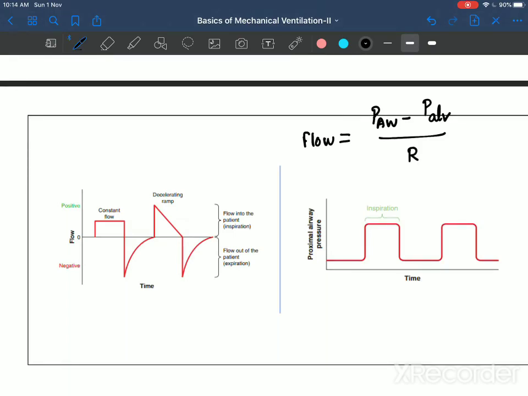Here you have an airway pressure that is set as constant. During the inspiratory phase, the alveolar pressure is initially low and slowly increases, correct. So if this alveolar pressure slowly increases, if flow has to remain constant,